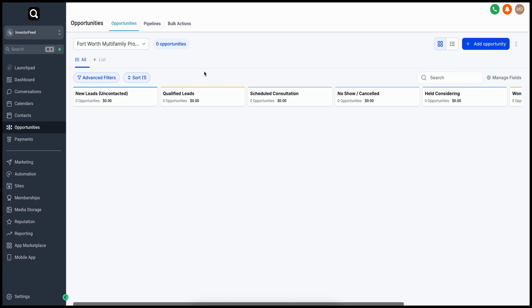Once again, the most important part of our investor pipeline follow-up system is to get to your leads as soon as possible. That's going to be the difference in your overall lead to investor conversion rate. You need to be getting back to your leads as soon as possible, but if you can't get back to them within a 1 to 3 minute window, then your conversion rate is going to drop off